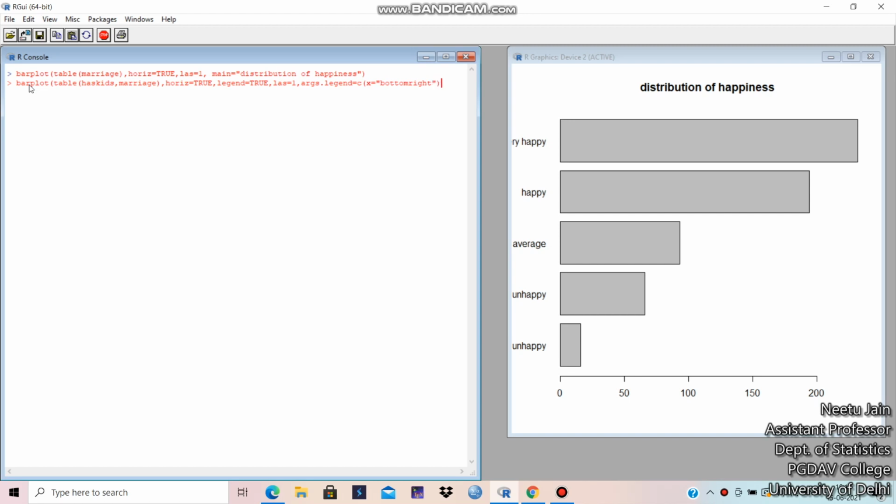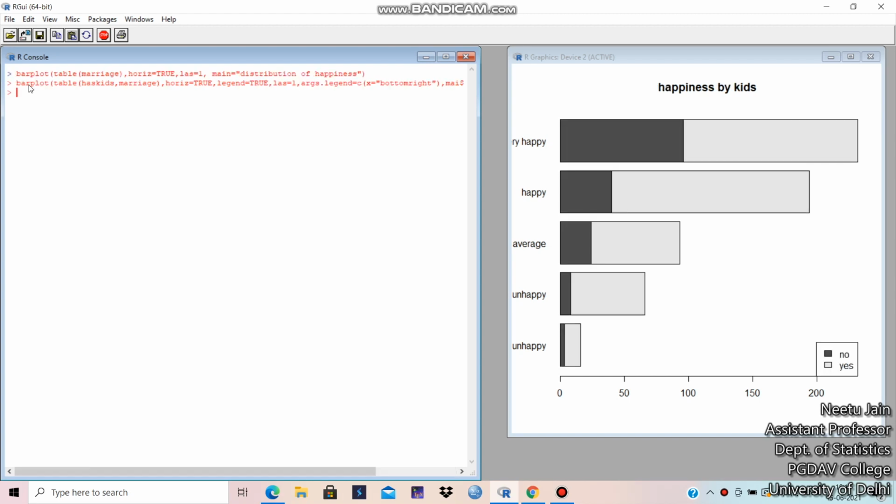Okay, then again the title we will write main is equal to whatever title we want to give. Suppose the title I am giving is happiness by kids. Okay, now let's see this bar plot.